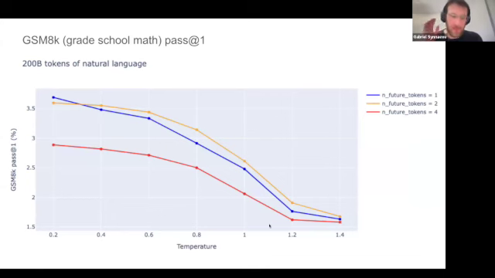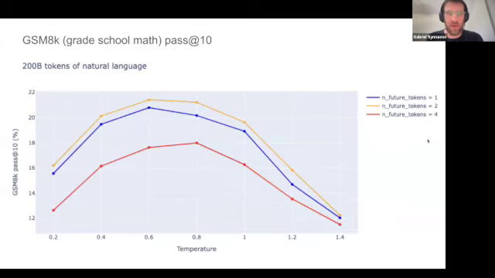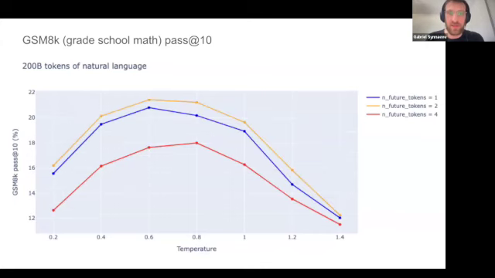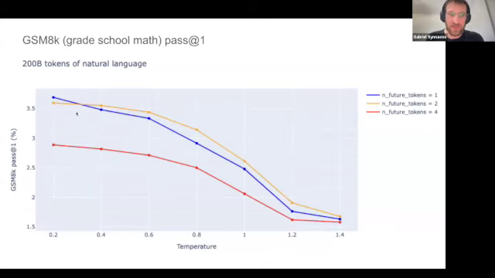We also did some grade school math or simple math kind of benchmarks, for which we saw some help across temperature. So temperature is what you use to sample, right? You can sample greedily, which would be temperature 0, or you can put a bit of temperature in your softmax, and this way you have more different generations, which is, for instance, necessary when you want to do pass at 100. And in this case, we saw a boost of doing MTP on some of the math benchmarks across temperatures. So this is pass at 10 and this is pass at 100. What this shows is that in pass at 1, the boost is for lower temperatures more than for high temperatures.